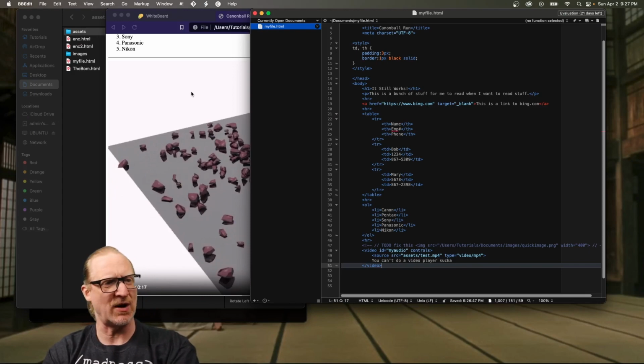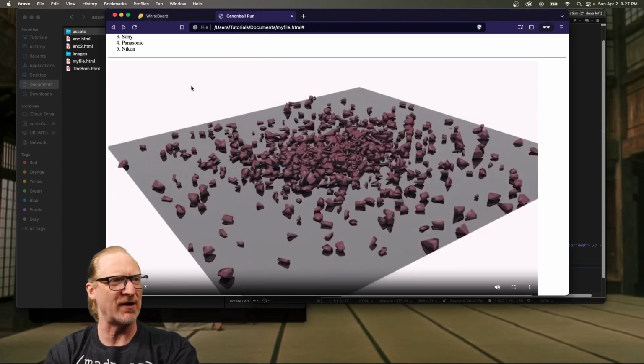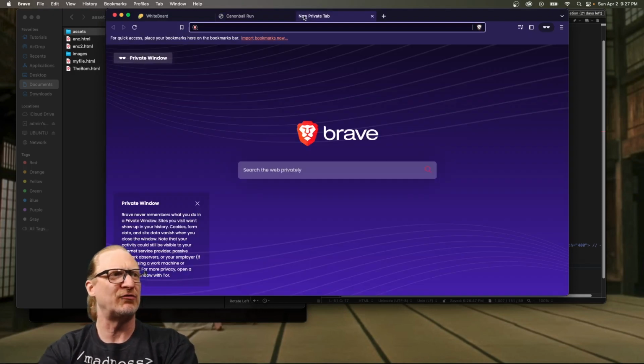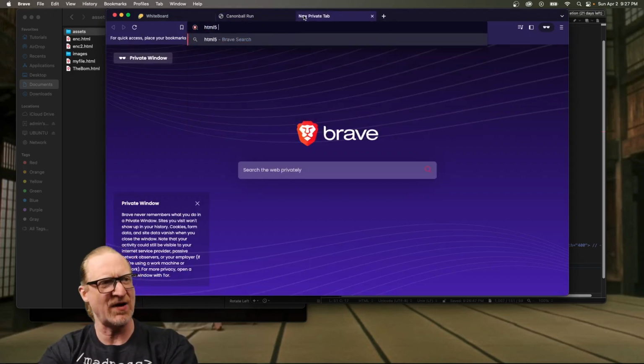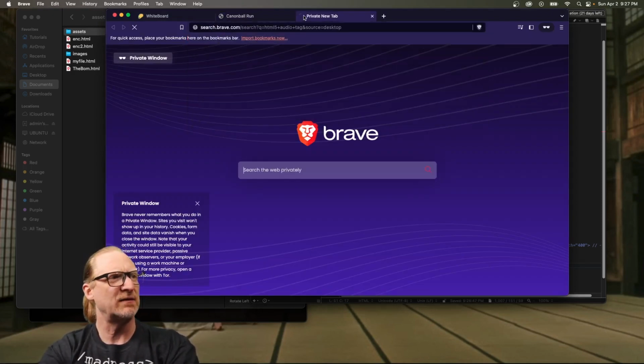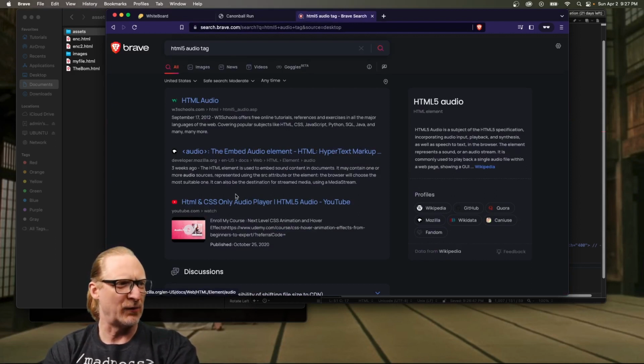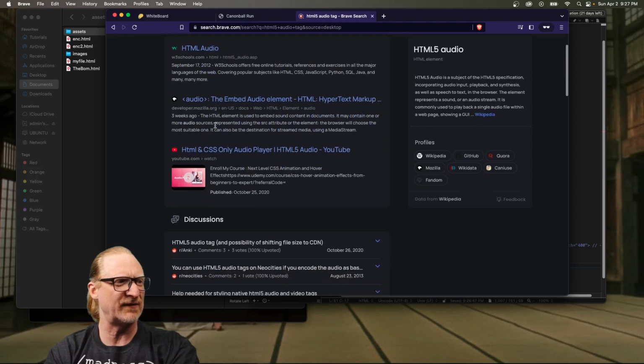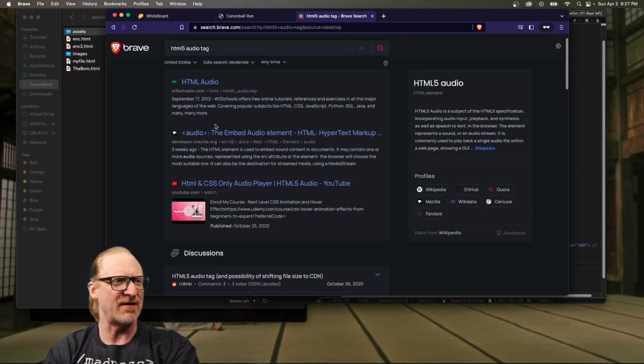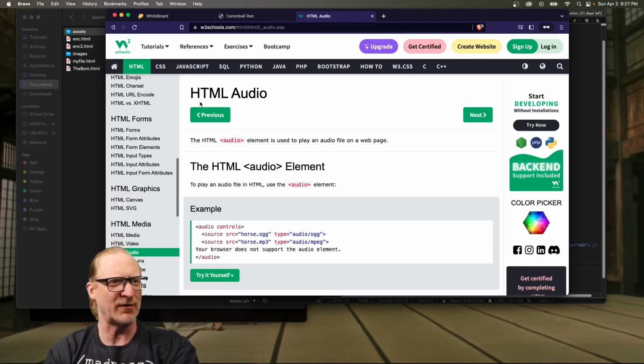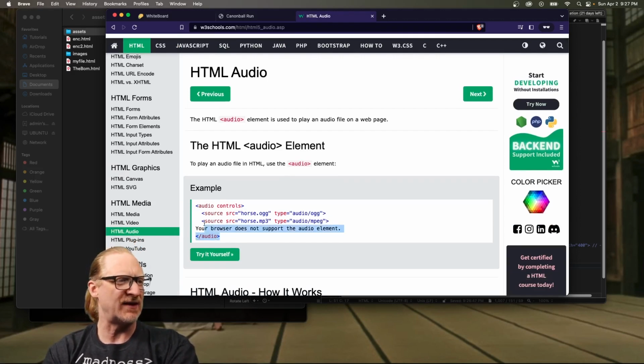Right, and you're saying, well, that's great that you have all that memorized. I had to Google some of it. How do you find it? You can just as easily put HTML5 audio tag, and there will be all kinds of references. W3Schools is a good reference, but I've had problems with their page loading too much crap, too many ads and stuff, so I've had issues with that. But if you want to see